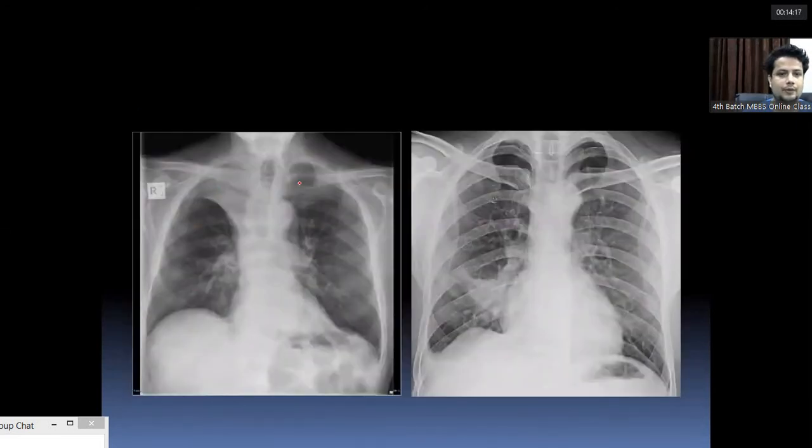Here is a similar picture of right upper lobe collapse. And here also we can see a sharply defined triangular opacity in the right middle and lower zone, and it has no air bronchogram. So this is also right middle lobe collapse. The horizontal fissure should be like this, but it has shifted downwards. It is now concave downwards here. So there is shifting of the fissure. So this is a case of right middle lobe collapse.